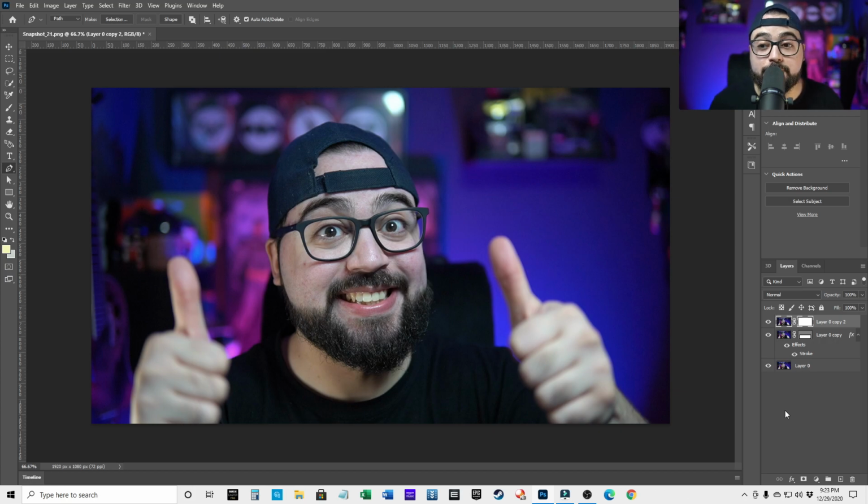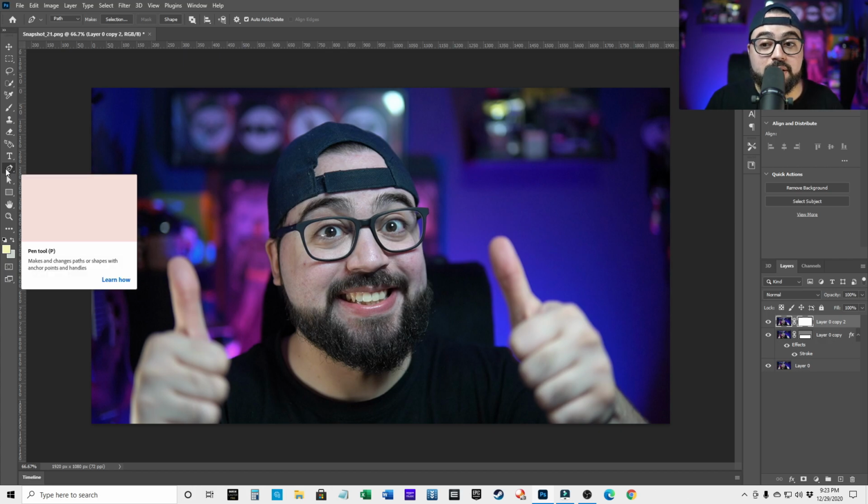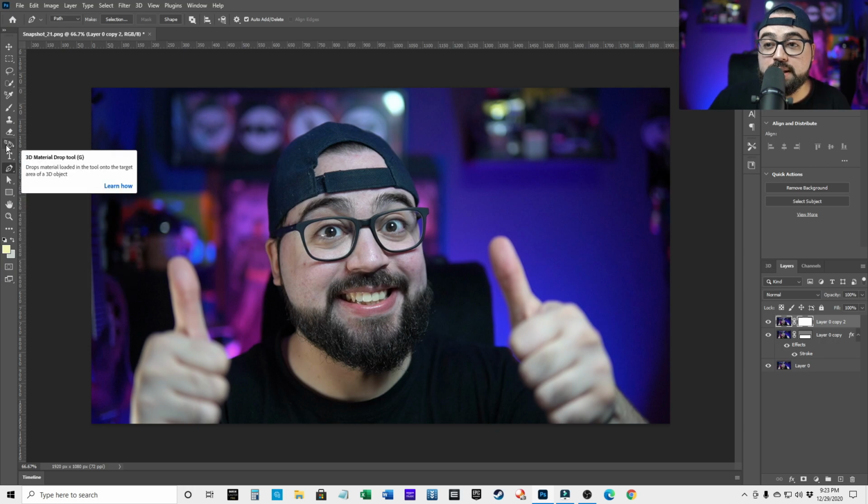The way we do this is by going all the way here and selecting the pen tool. Now the pen tool is a little bit weird. I suggest that you give it a few hours of practice in order to get used to it, because it is a little bit complicated when you're using it in the beginning. But after a few hours you should be good to go, and you can come back to the video and start again. Once you selected the pen tool,